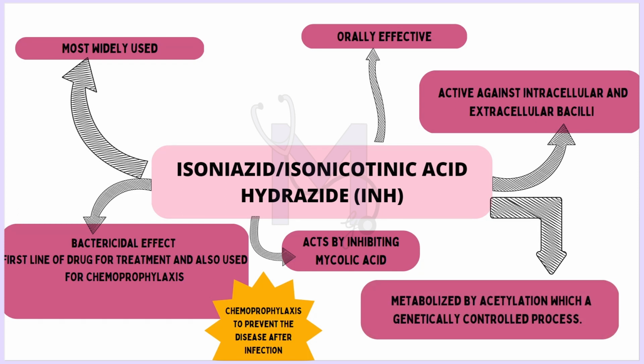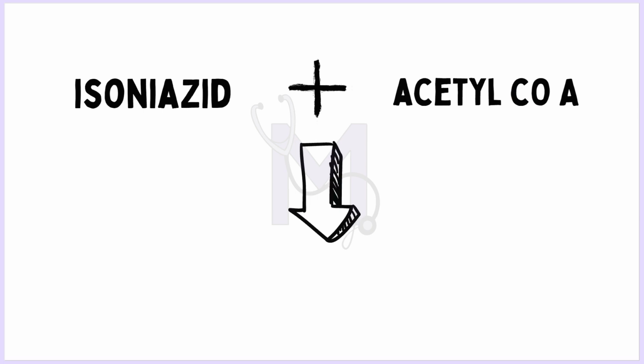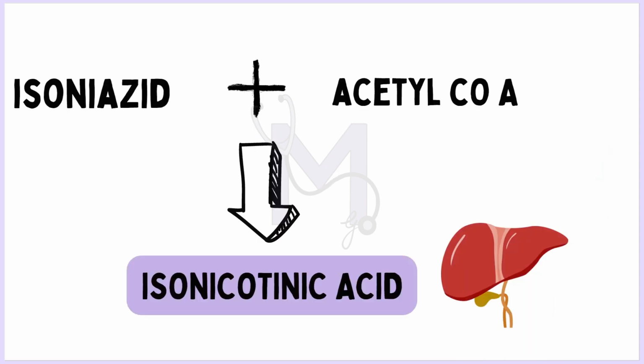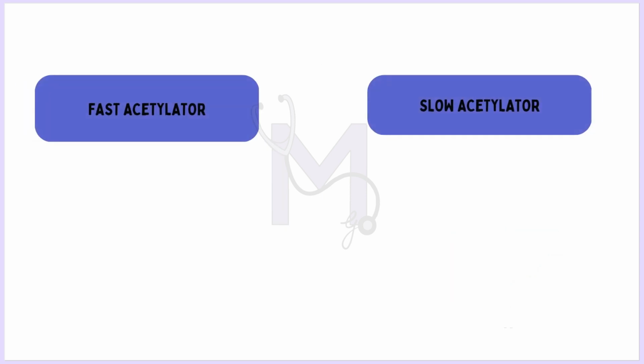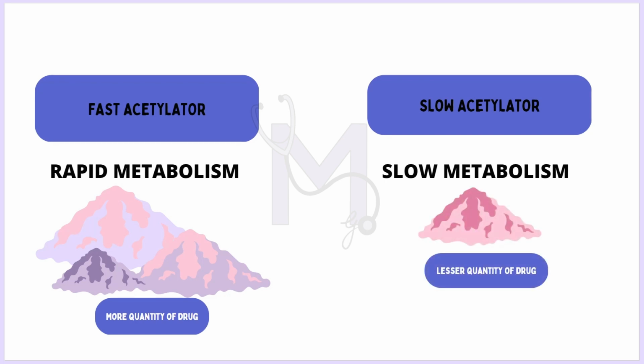It is metabolized by acetylation, which is a genetically controlled process. In acetylation, isoniazid binds to acetyl-CoA and forms isonicotinic acid in the liver. But why should we know this? Based on how rapidly isoniazid undergoes acetylation, patients can either be fast or slow acetylators. This is clinically important due to their rapid metabolism. Fast acetylators require a higher dose of the drug, while slow acetylators are more predisposed to the toxic effects of